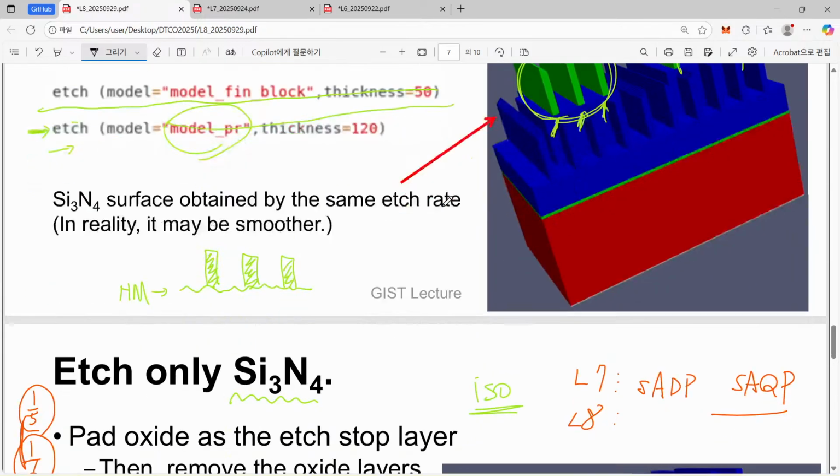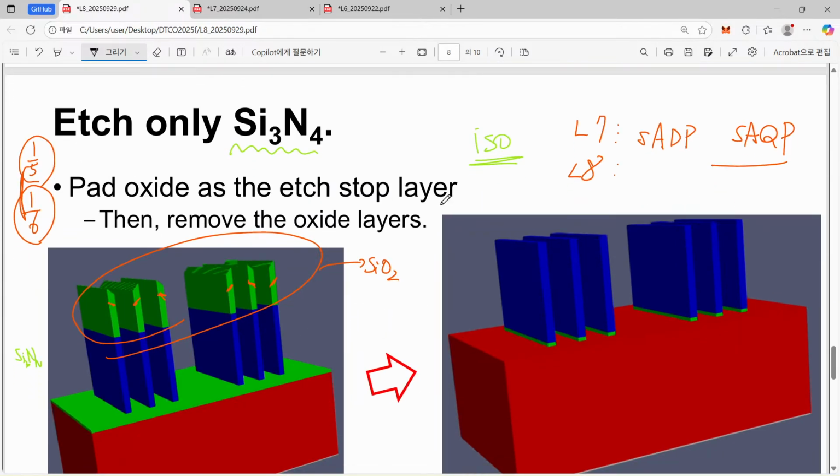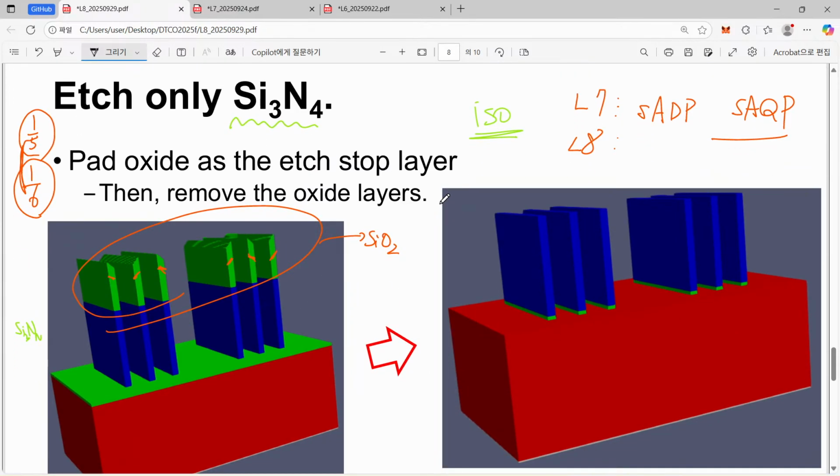So here, after that, we just transfer our pattern onto the hard mask. The final structure looks quite beautiful. It seems like just a flat silicon one, and only for places we wanted to have fins, we have a very shallow pad oxide, and on top of it we have a very tall hard mask.